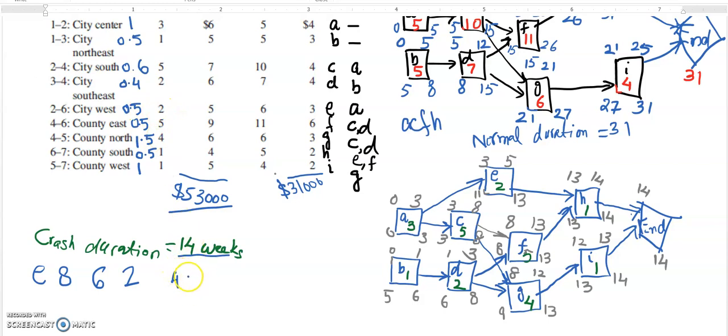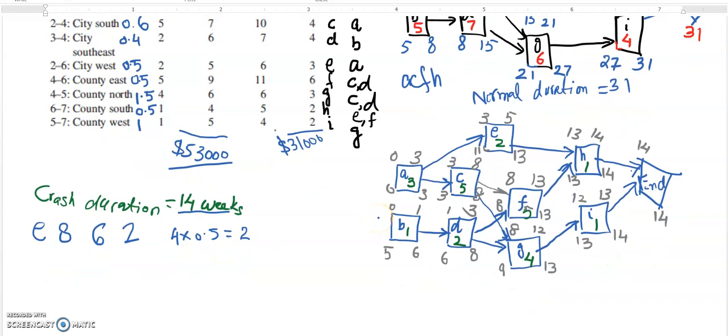Okay, so 4 times 0.5, so that will be a total saving of $2,000. Okay, for this. So that was E. So we have looked at E,